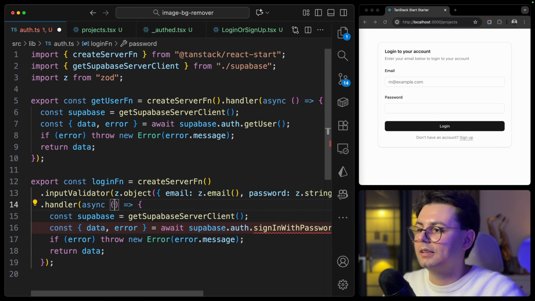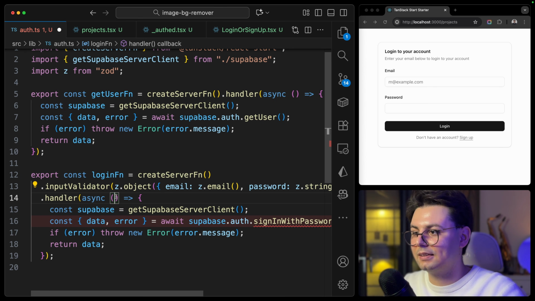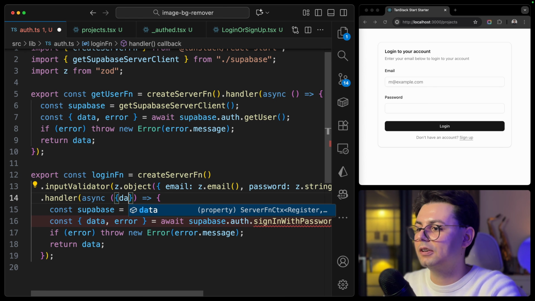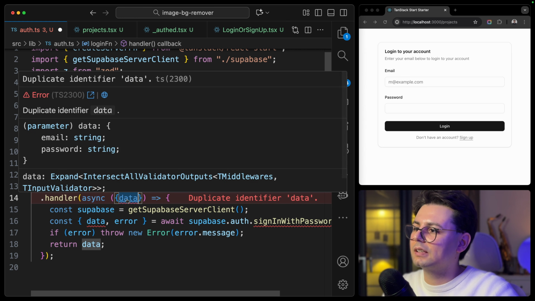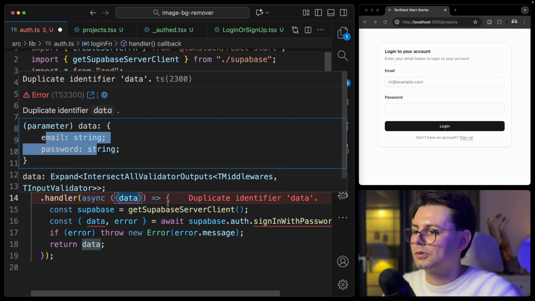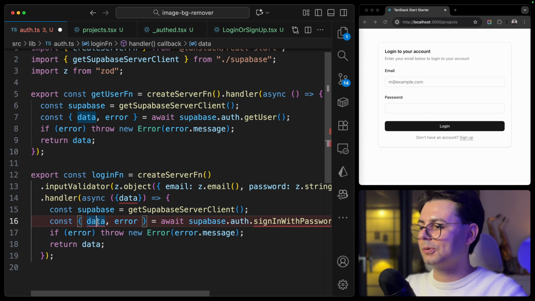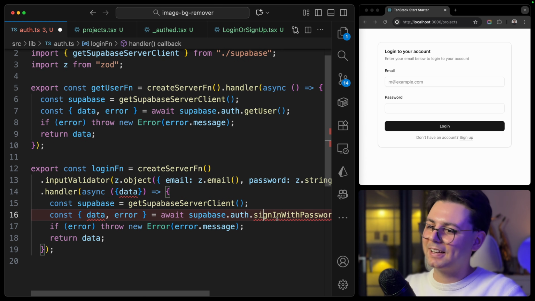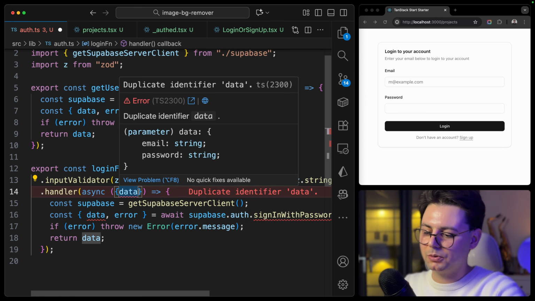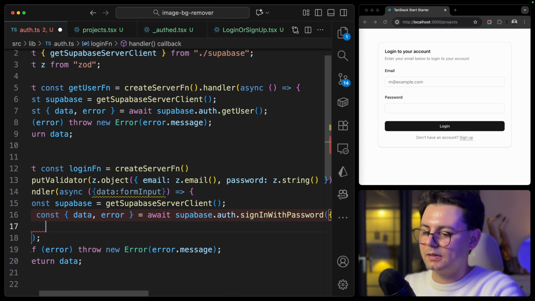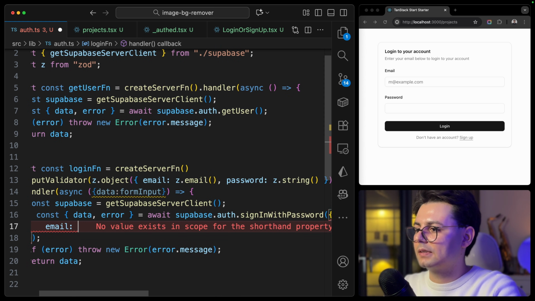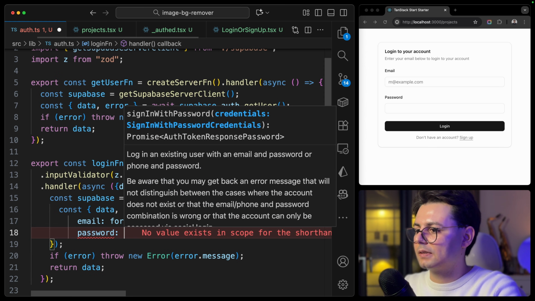So once you define this input validator, you can get access to the data over here. And these are the parameters that are passed to the function. And if you hover over it, you're going to see it has a type email and password that we just defined. So this data is also clashing with the data that we're getting as a result of this function. So let's rename it over here to form input. And now we can pass these here. So for the email, we can pass in form input.email, and password, we can pass in form